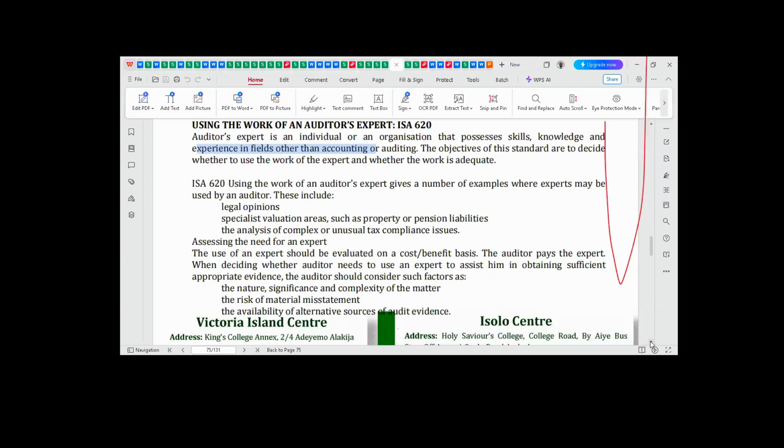Okay, so you should consider these factors: the nature, significance, and complexity of the matter. The auditor should consider the nature, significance, and complexity of the matter, especially if there are transactions, events, or assets that are complex in nature. For instance, say we want to talk about building a refinery. There are some transactions in that refinery project that will be complex. So we need to look at who is going to be brought on board to carry out feasibility studies on this